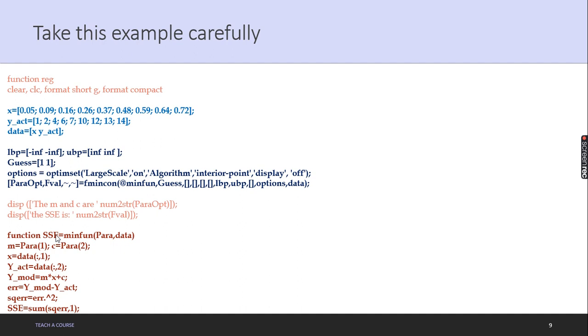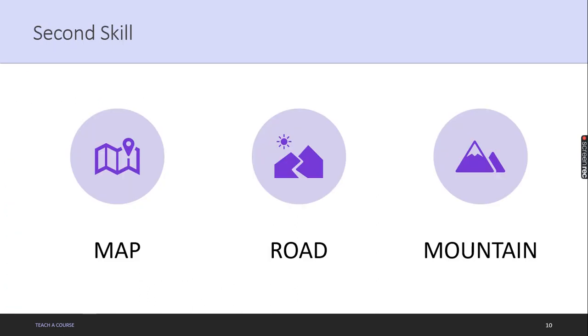Like here the output is SSE, so it is going to minimize SSE by changing those parameter values starting with guess, and data is of course required, so SSE will be minimum. So fval is the evaluated value, that is the minimum SSE, and para op is the corresponding parameter values which are optimized. So this can be used to find out the solutions. We'll discuss it later in the next